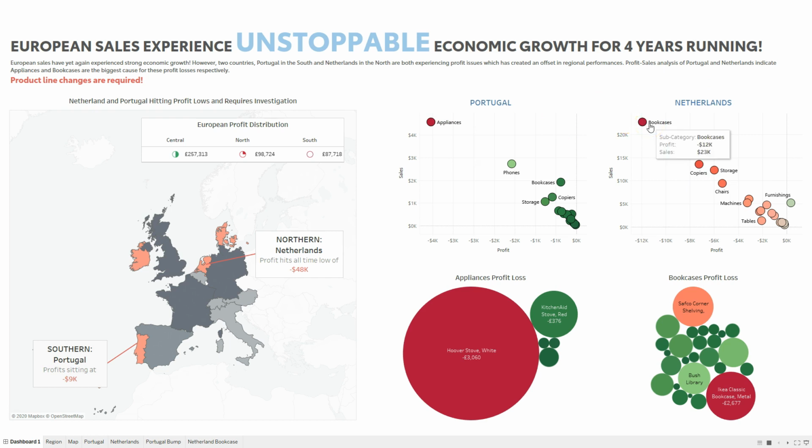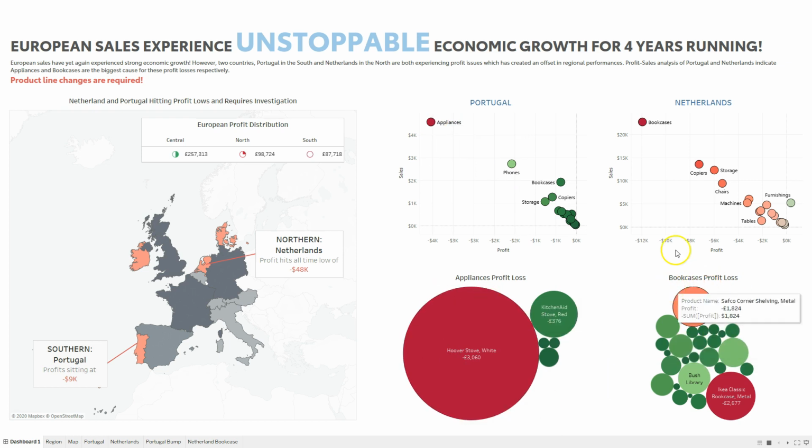Now, looking at it from a consulting point of view, that's basically what you're doing. You're saying, here's your problem. This is where it's at, right? Now from here, let's say appliances in Portugal, if you go down here, this is the appliances profit loss by product, right? I probably should have written product in there. So a bit of improvement. You can see the Hoover stove, KitchenAid, Breville coffee grinder, Hamilton, Hoover, right? This is the profit loss. So Hoover has the highest profit loss. This seems to be the biggest contributor to this profit loss, right?